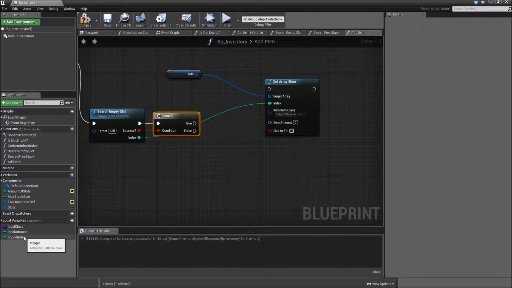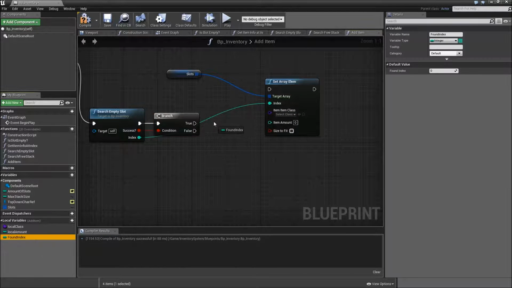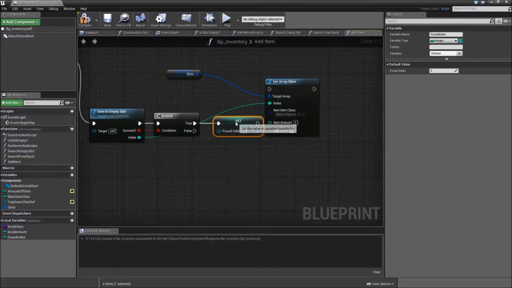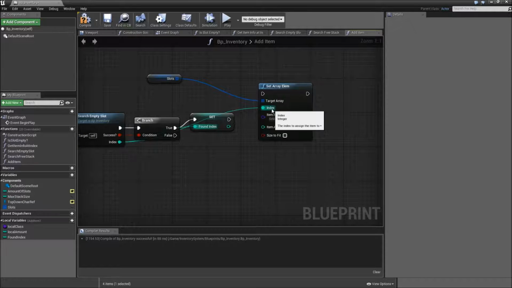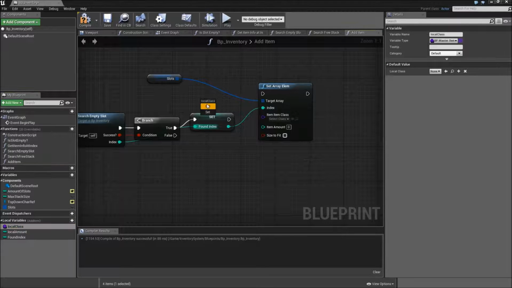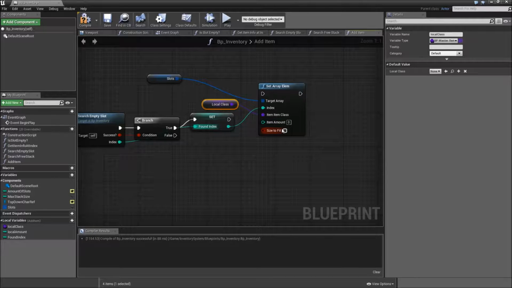And if we found an empty slot, set the found index to the return value of our index here. You can then change the index of the set array element node to our found index. And the item class will be our local class. And the amount will be 1, since this item cannot be stacked. Connect those two